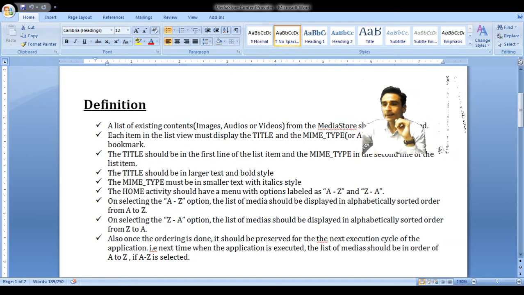See, it is my activity and it is my layout. Okay, and as you know, for a list view to be customized, we need to define another layout. So list items is the layout which I have defined for the list view. First of all, in the main layout I have taken a linear layout, and then I will be defining a list view.